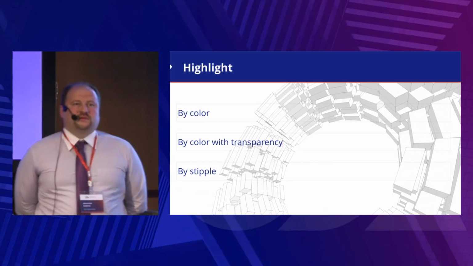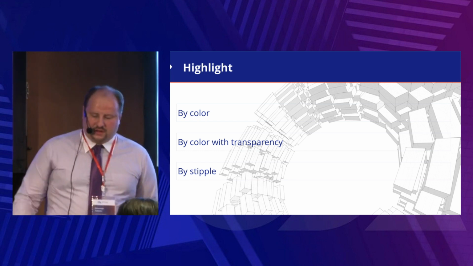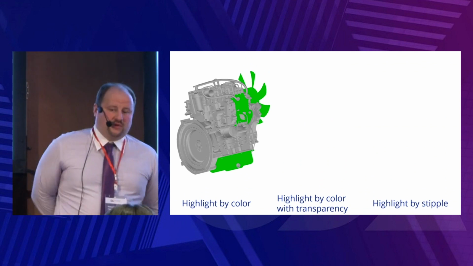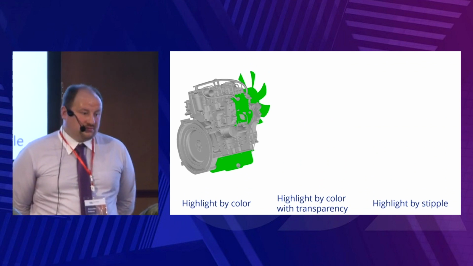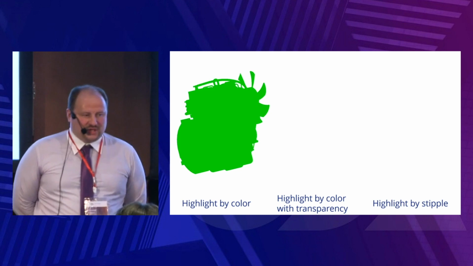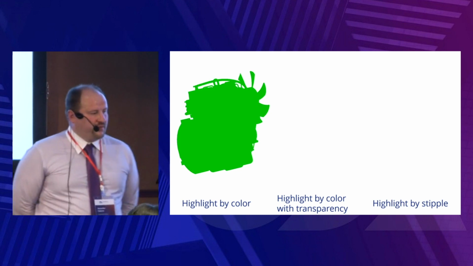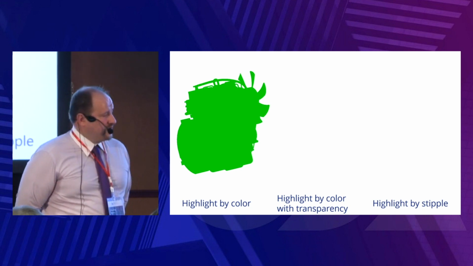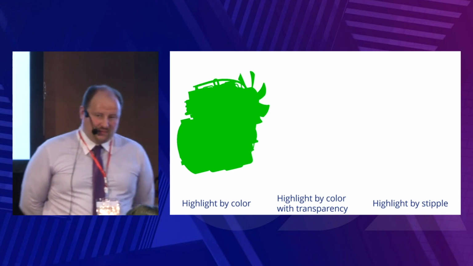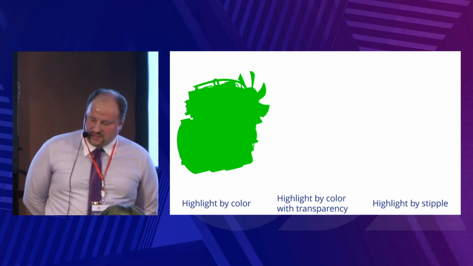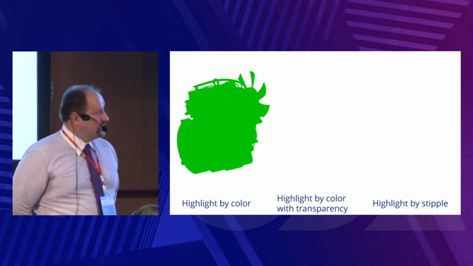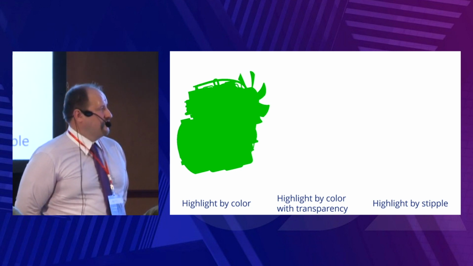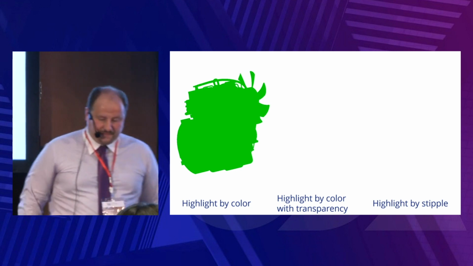For the highlighting, Visualize SDK has 3 modes. The first mode is a simple selection by color. It is a very useful mode, but sometimes we have a problem with this mode because under this type of highlighting, we cannot recognize the structure of the highlighted body, especially if we select the whole object. Here we are able to see only the green spot with some contour of the initial body.